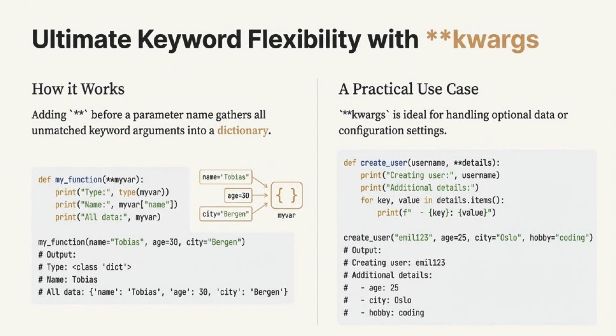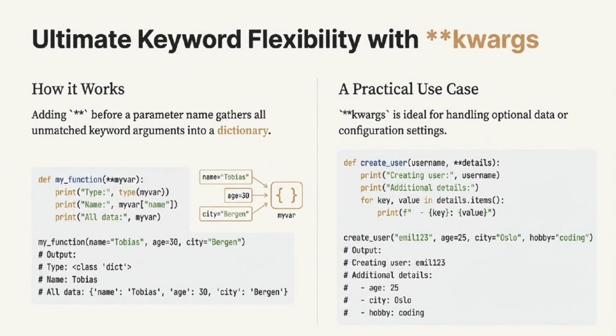When we add the double asterisk before a parameter name, Python collects all extra keyword arguments and stores them inside a dictionary. This is why **kwargs is very useful when the number of named inputs is not fixed. Look at the example on the left side of the slide. The function accepts **mywar. When we call the function with name, age and city, Python puts all these key value pairs into a dictionary